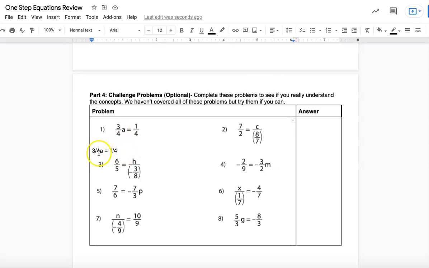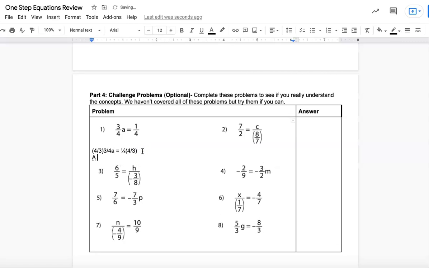So anytime you have a fraction as the coefficient of a variable, you're just going to multiply both sides by the multiplicative inverse, or the reciprocal. So just the opposite of the fraction. You just flip it. So instead of 3/4, it's 4/3. And you do that to both sides of the equation. What ends up happening is this will cancel out. 4/3 times 3/4 cancels out to 1, so you'd be left with A. And then equals 1/4